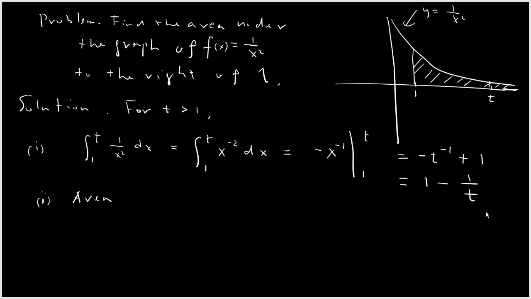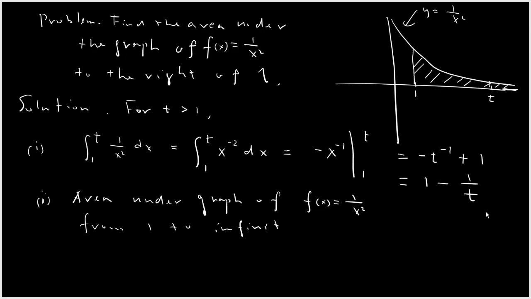Okay, the area. I'm going to write it down. The area under the graph of the function. So now let's say f of x equals 1 over x squared, from 1 to infinity, is given by